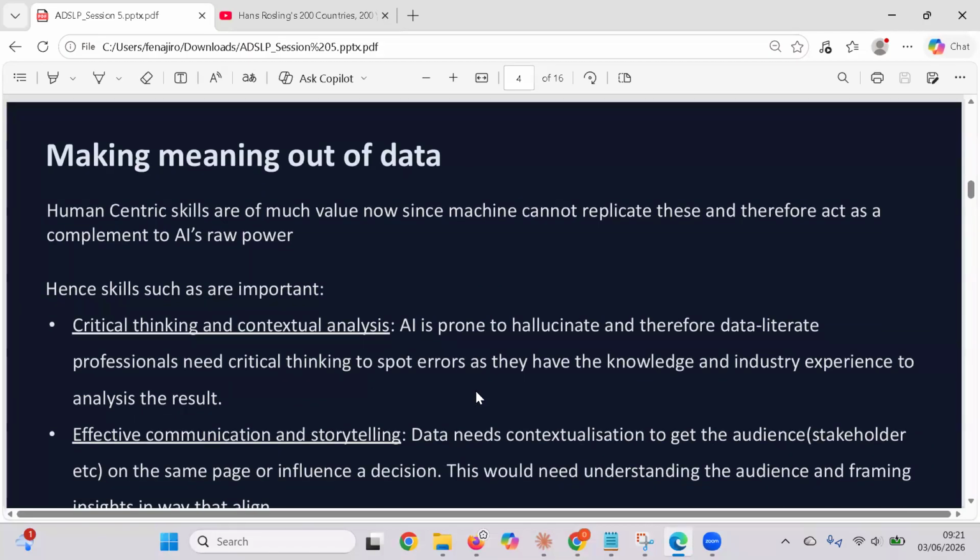Making meaning out of data, yes. Human-centric skills are of much value since machines can replace only so much, and therefore act as a complement to AI's raw input. So to make meaning out of data, for example, if you upload